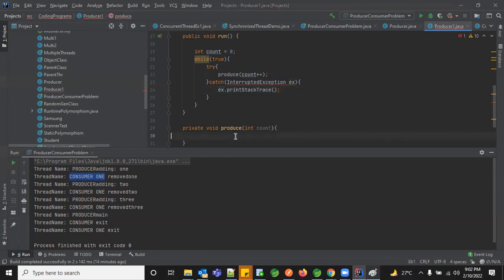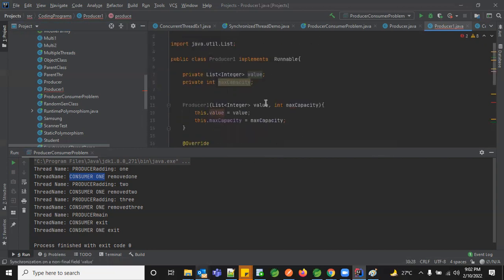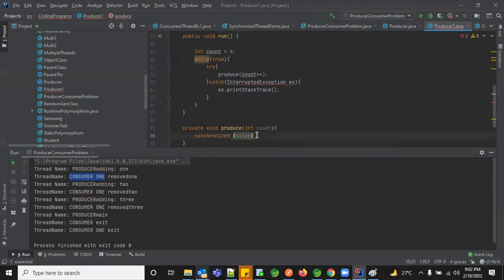So now in this produce method, what I'm going to do. We are aware of the synchronized block, right? So here my shared resource is what? The list of integer. So I'm going to use the same thing, the shared resource.